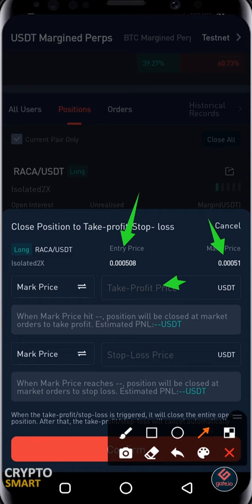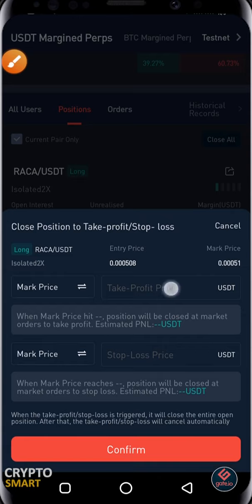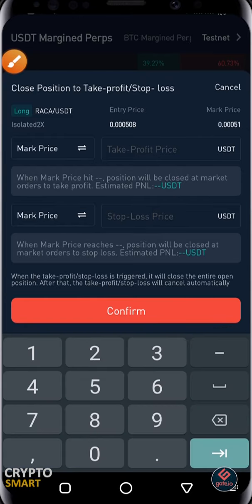Is that right? I can calculate how much we've lost if we eventually input an arbitrary amount here. Now look at what happens. Let's get to work. Supposing the price of Raca eventually gets towards 0.0006, that means our profit should be